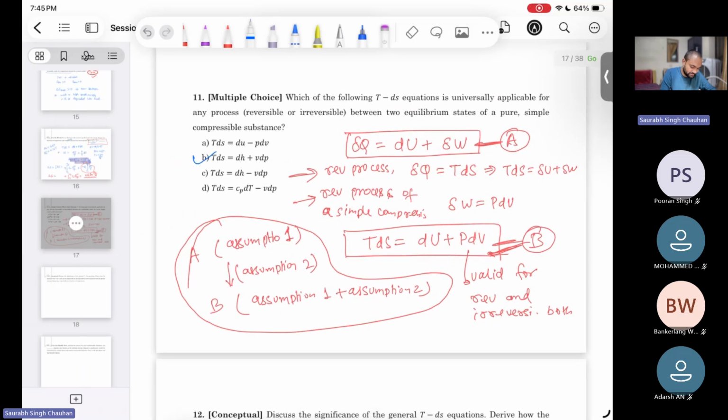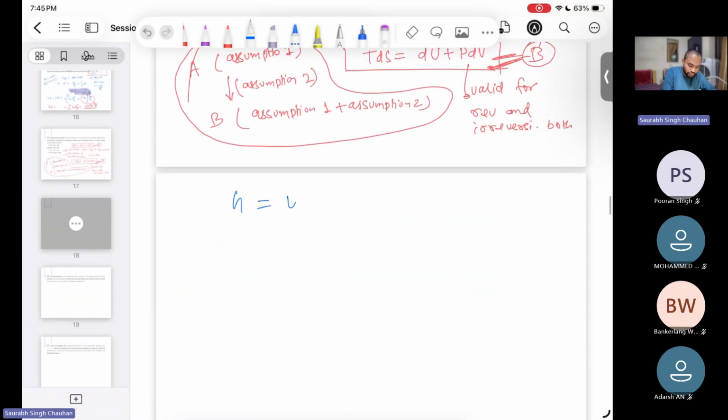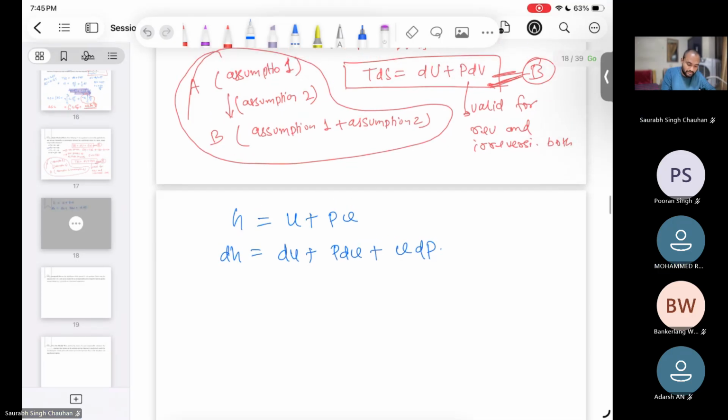Let me add one more page. H is equal to what? H is U plus PV, right? And dH is dU plus PdV plus VdP, right? Yes, sir. So dU is dH minus PdV minus VdP. And if you substitute